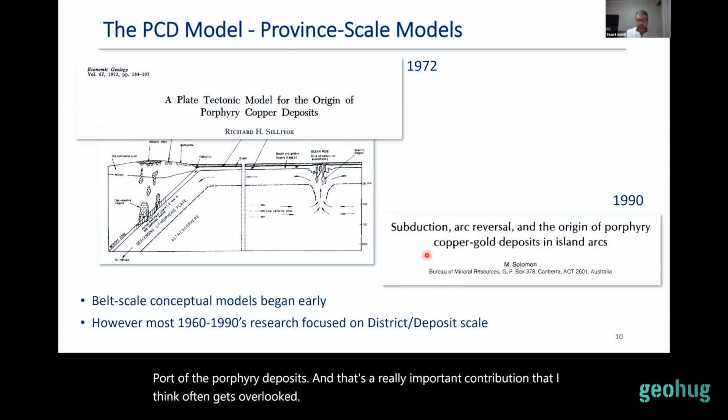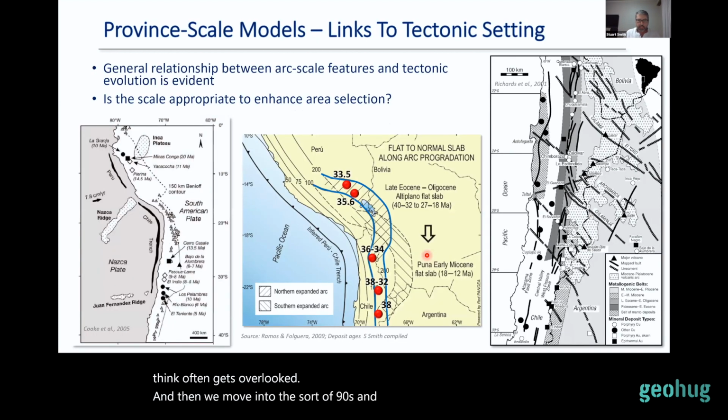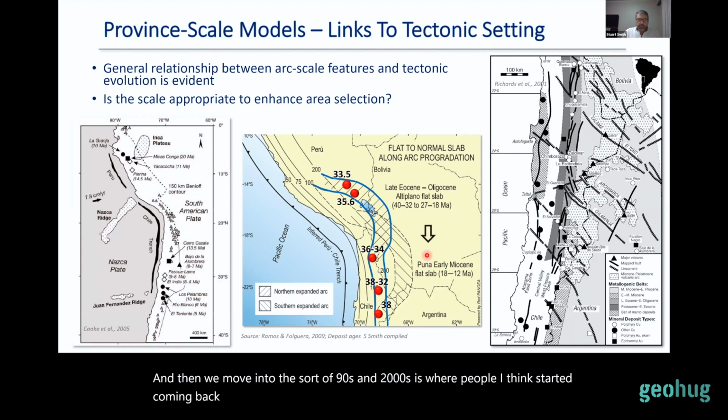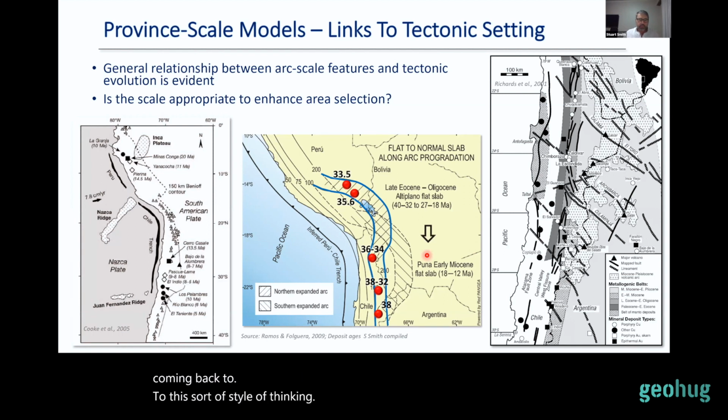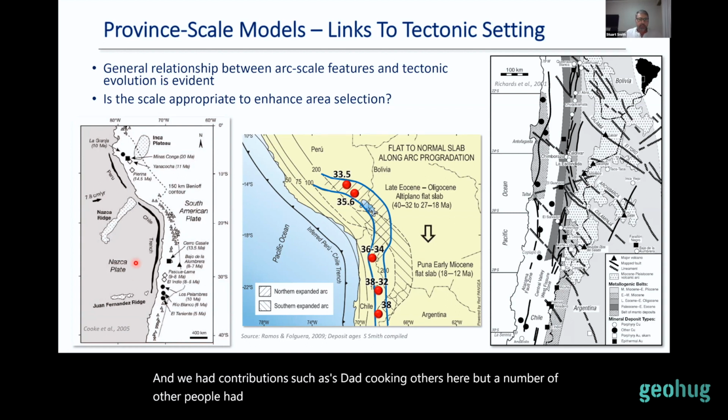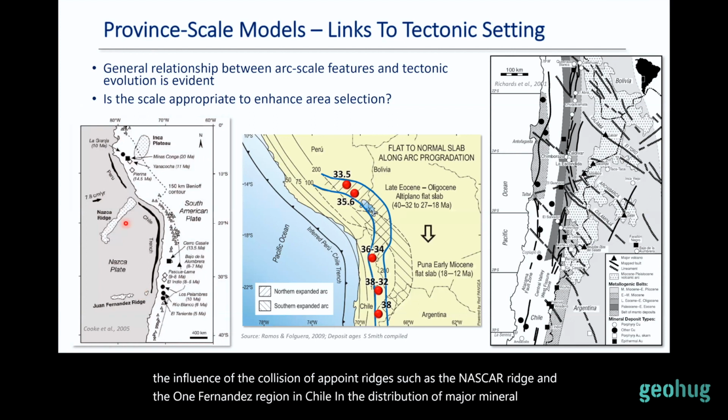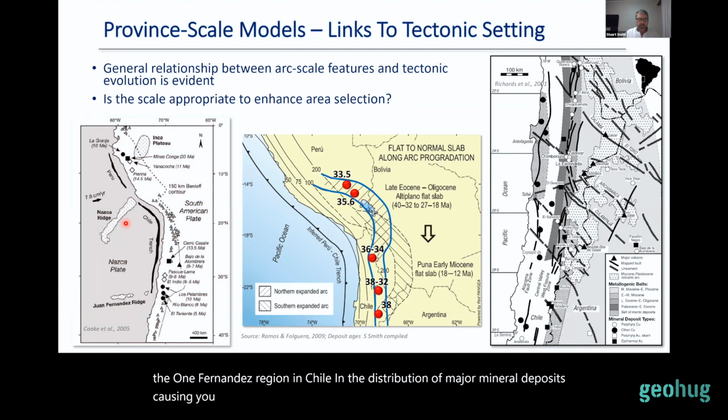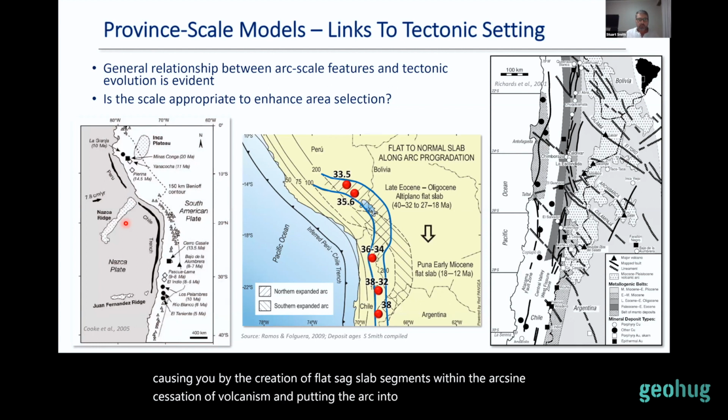And then if we move into the 90s and 2000s is where people, I think, started coming back to this scale of thinking. We had contributions such as Dave Cooke and others here, but a number of other people had made the same leaps, looking at the influence of the collision of buoyant ridges such as the Nazca Ridge and the Juan Fernandez Ridge in Chile on the distribution of major mineral deposits, causing, by the creation of flat slab segments within the arcs, the cessation of volcanism and putting the arc into strong compression. There seemed to be a control there on the location of deposits,